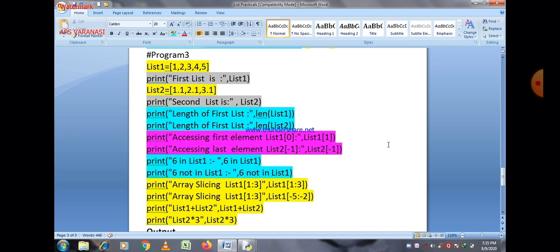And when we write 6 not in list 1, it gives just the opposite result of 6 in list 1. It means here we check that 6 is not a part of list 1.